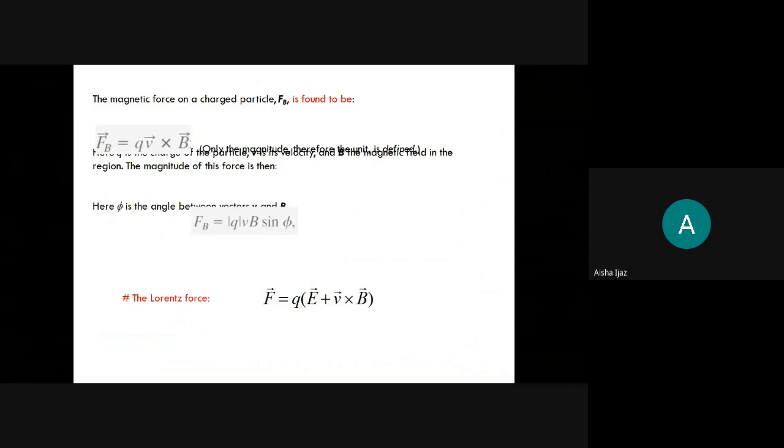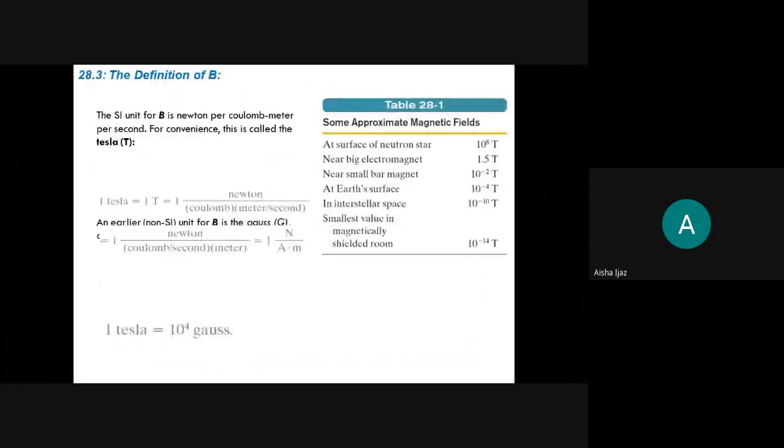A positive charge accelerates in the same direction as the field. And a negative charge will accelerate in the opposite direction. But if it is in a magnetic field, it will deflect from the straight path. So remember this. From that definition, F equal to QV cross B, we can find